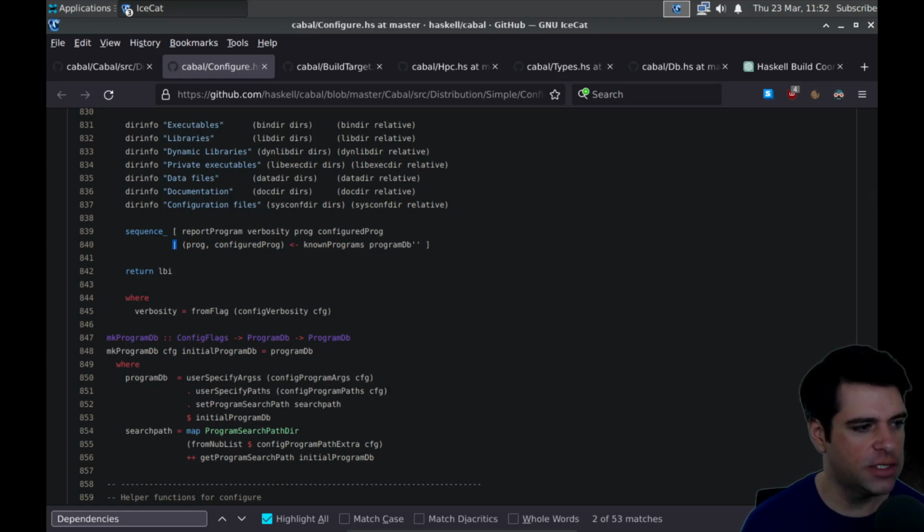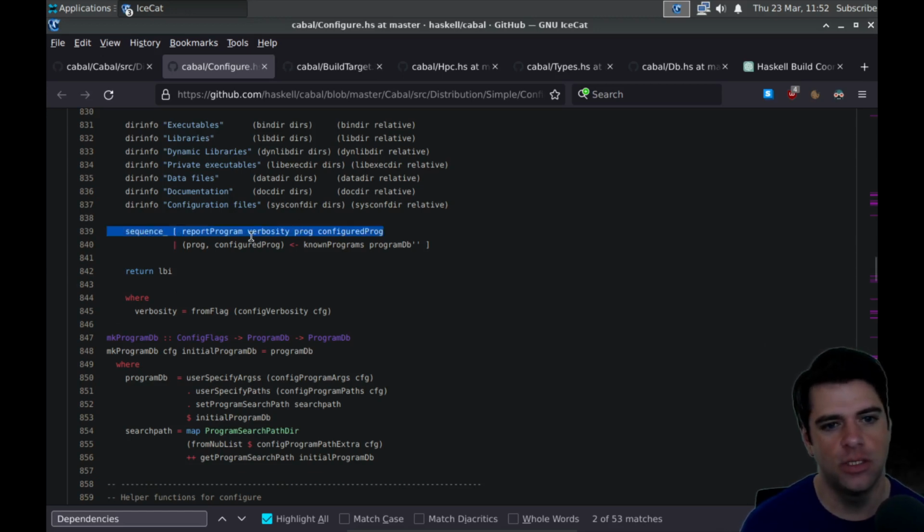And I think square brackets with an or sign is essentially set builder notation. So I'm guessing that this is to be read like set theory type notation. So report program verbosity prog configured prog such that the tuple prog configured prog is in maybe the known programs from the program DB. So we're gonna, I guess, filter only the known programs and do this stuff with it.